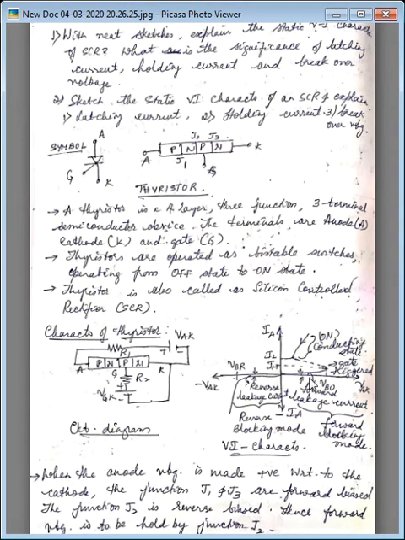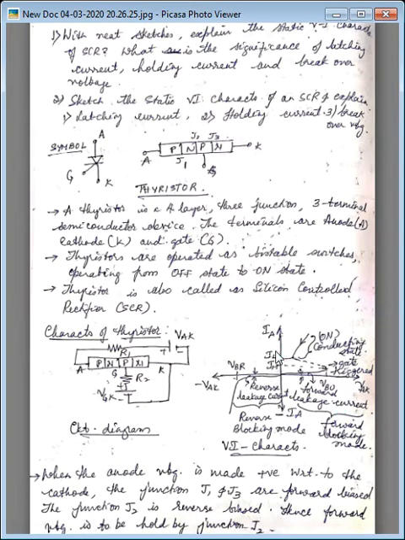From 0 up to what level can you give VAK? Only up to the VBO level, the breakover voltage. Till then you can give it; that is the maximum voltage to work your thyristor under the blocking mode. Blocking means you are blocking the energy into the thyristor for some period of time, loaded up to the VBO level. So this area we call the forward blocking mode.